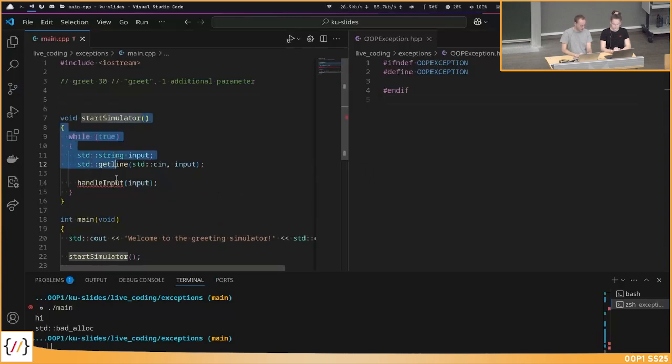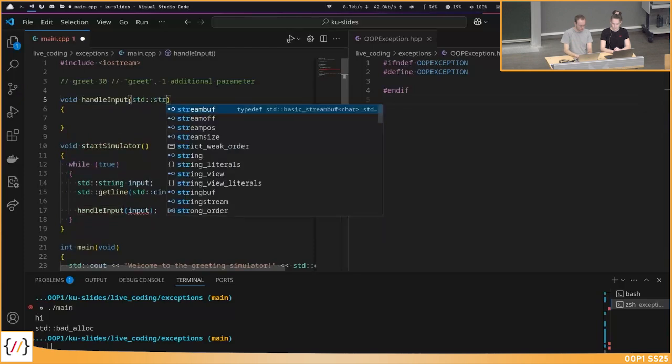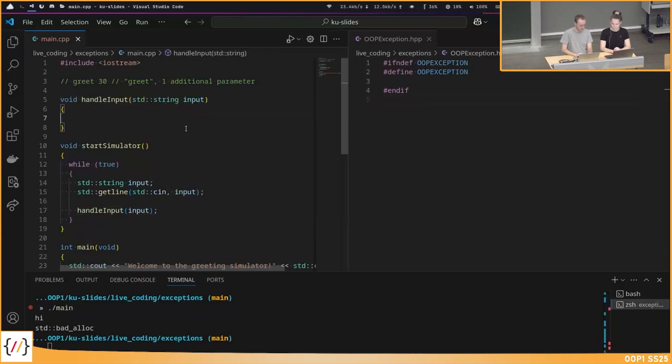Probably these functions are all in a command line class grouped together, but I don't want to put this in a class right now. We'll have maybe handleInput. And maybe a first step: we split the input into several parameters, so that we again split the input on the spaces.